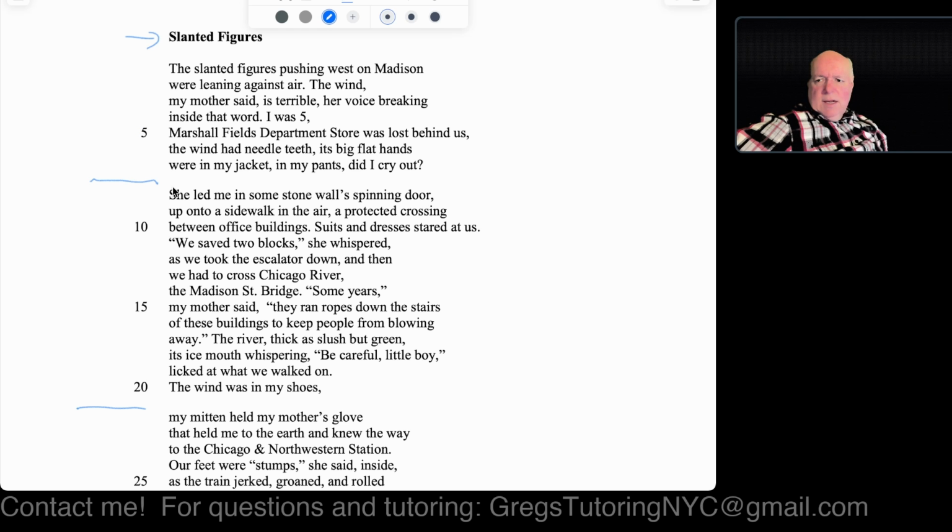We still want to try to take things a paragraph at a time, again, a stanza at a time. This has some unique aspects because at line 20, the stanza breaks in the middle of the sentence to the next one. So we'll talk about that as we get into it.